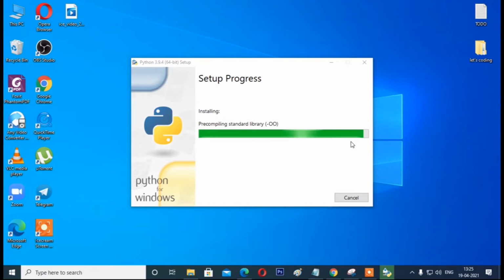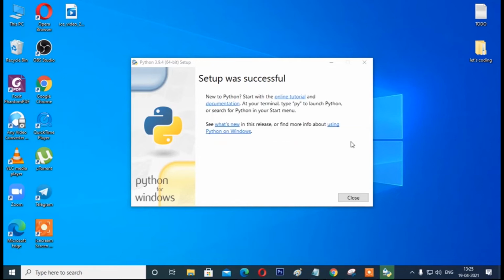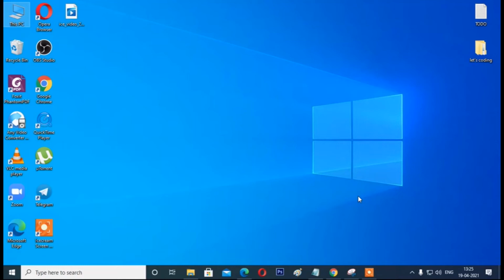It is almost done. It is done now. After completing the installation, you need to close it, and now Python is installed in our PC.